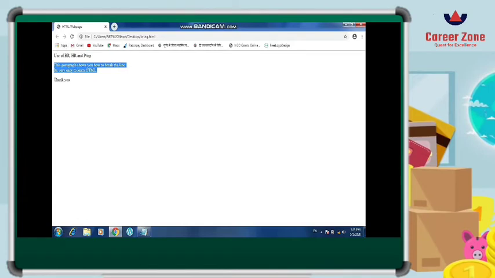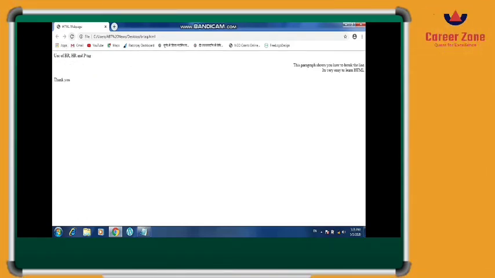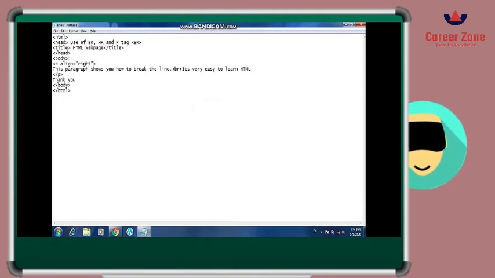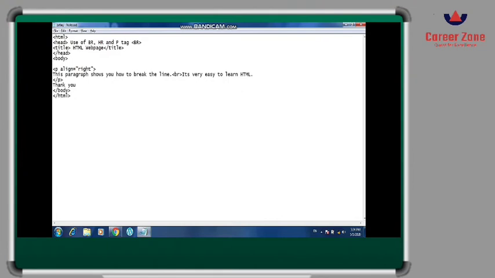So now let us execute it. See how the paragraph goes to the right side of the web page. This is how it works. And if you want to make it center, you can write P align is equal to center enclosed in double quotes, and the text will move to the center.